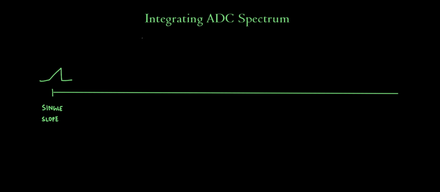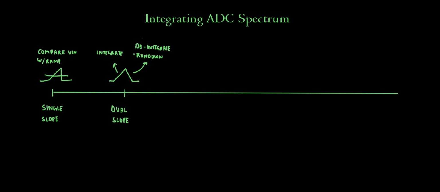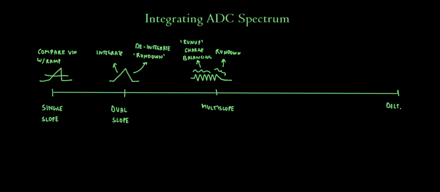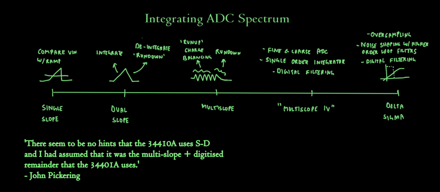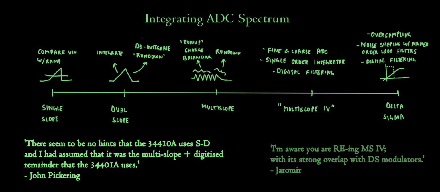A lot of smart people have told me that ADCs fit better on a spectrum than into rigid categories. This is especially true for integrating ADCs. The subject matter of today's video falls into a similar gray area between multislope and delta sigma ADCs. John Pickering was in disbelief when I told him about Multislope 4 being delta sigma, and Jaromir insists that a